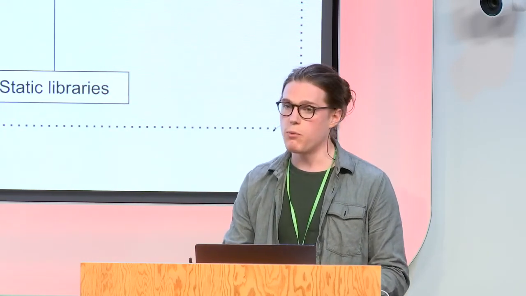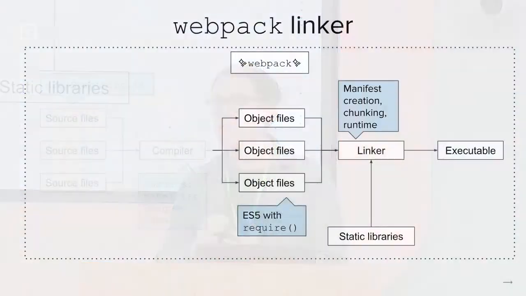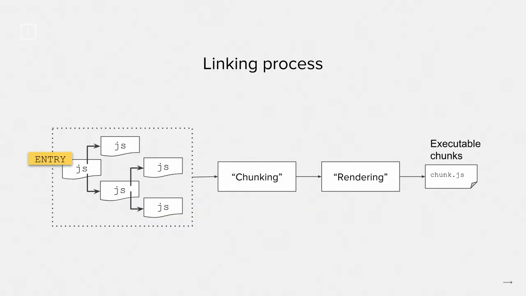Once we've got our intermediate representation, this module graph of JavaScript modules, we're ready to start analyzing it to eventually produce our executable assets, and this is the linking phase. We're starting with our intermediate representation. We have an entry point, and we're going to do a few passes over this module graph, making changes to it at a time until eventually we end up with something executable. The first phase is called chunking. This is where we traverse the graph and look for so-called split points, where we know we can safely break up this module graph to produce different executable files. And the second phase is called rendering,